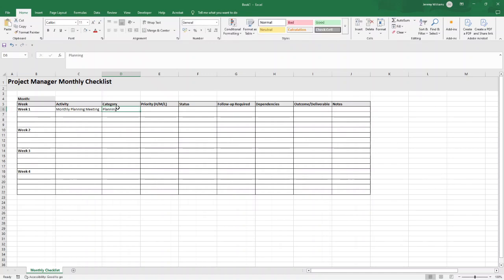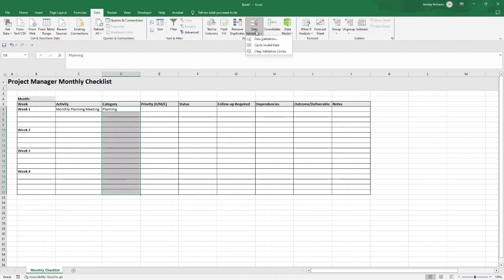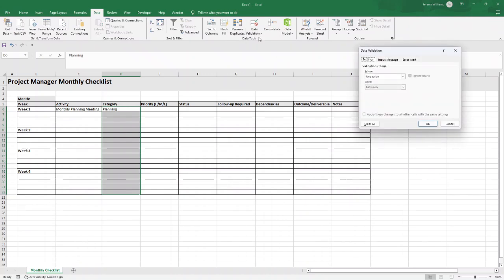Now, what we can do in this column is if I select from D6 through to D22, click data at the top, and then data validation. And then in the allow, I'm going to select list. And then in the source, what we're going to do is give various different options. We basically want to set a drop down to save us time and to ensure that they are all uniform. So planning, reporting,